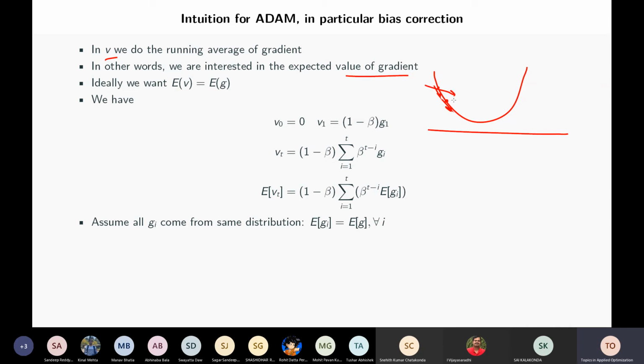It's giving you some approximate direction. But in that direction, I might increase, right? And then it's giving me some approximate direction in some direction like this, right? So it goes like this. Okay, so what we really want is on average, right? When we talk about these